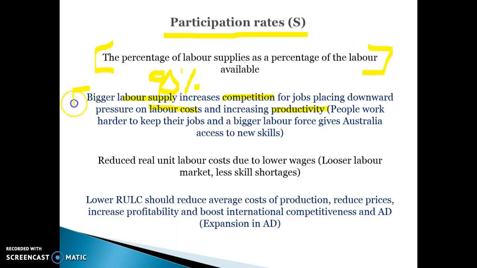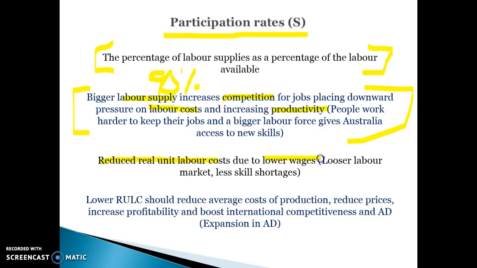That's why a lot of people complain about immigration, because it boosts the size of our labour force and can often mean that we have to work more productively or that they'll just hire foreign immigrants. So a lot of people complain about having a large labour supply because they want there to be skill shortages so they can generate a higher wage. But a higher participation rate is a favourable supply-side factor because it keeps competition higher for jobs, makes businesses work more productively, and it helps to lower real unit labour costs.